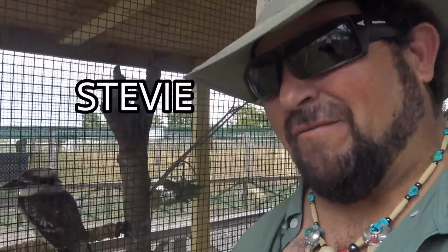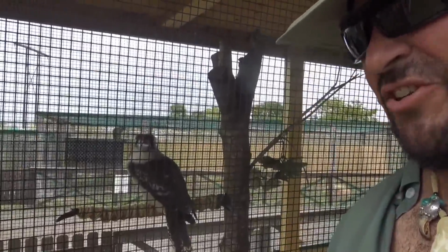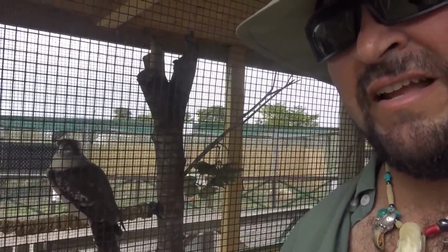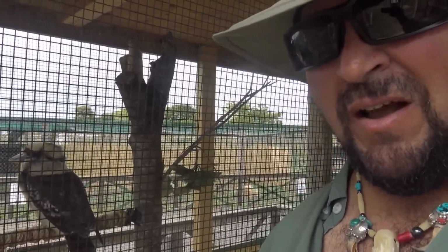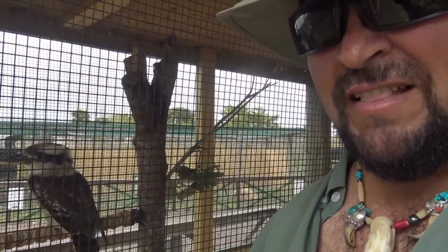Alright guys, the coolest thing, I want to introduce you to the laughing kookaburra. This is Steve, like Steve Irwin. It comes from Australia, and he is just the coolest bird. Now the sound that the kookaburra makes is very familiar from movie sets. The famous jungle scene or the Tarzan movie, you hear that famous